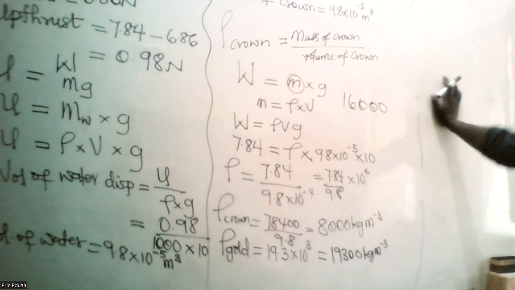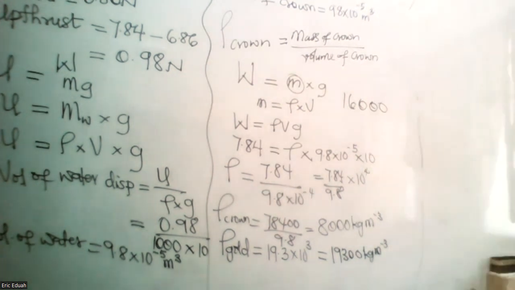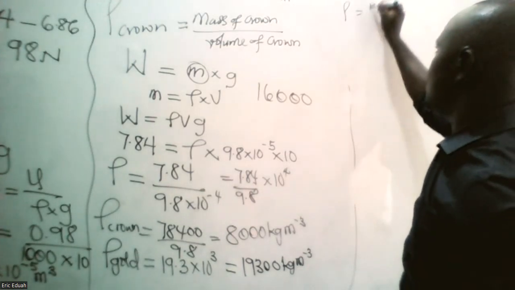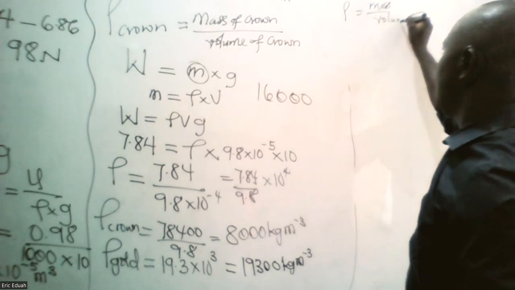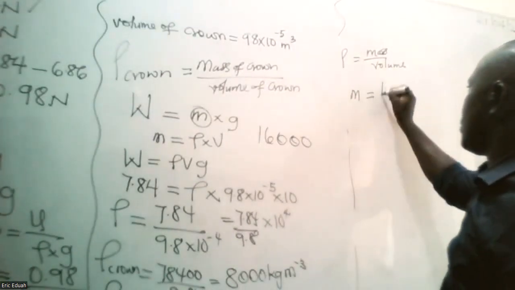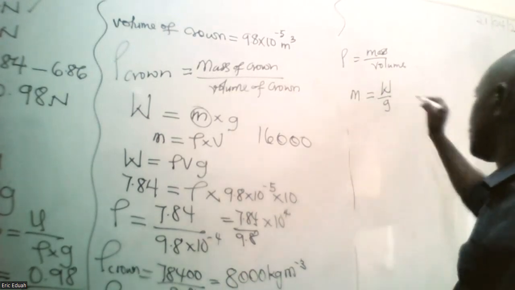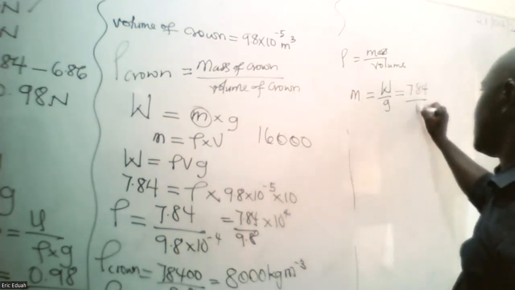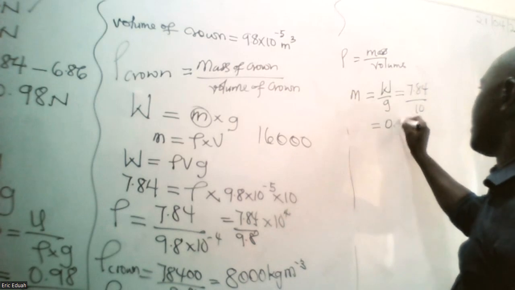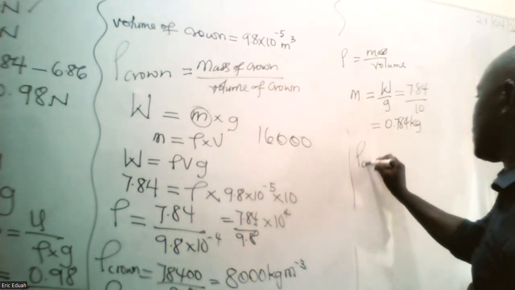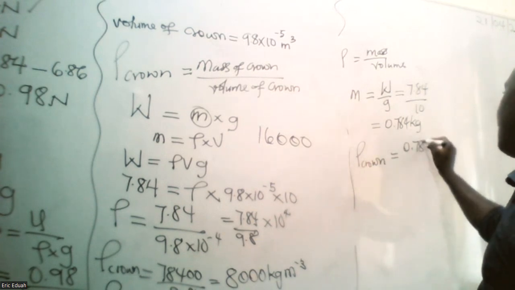If you have any question, ask. As I was saying, you can also use the density approach to get the same thing. Maybe you are not clear about using my method. You still want to use density is equal to mass over volume. Then you find the mass of the crown. From here, mass would be equal to weight over acceleration due to gravity. The weight in air is 7.84 divided by 10, using the gravity value of 10, so 0.784 kilograms. So if this is your mass, then density of the crown would be equal to 0.784 divided